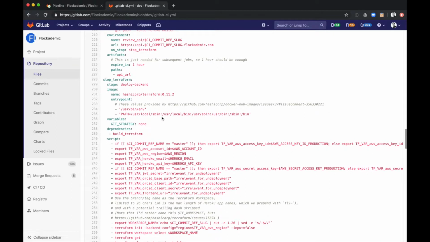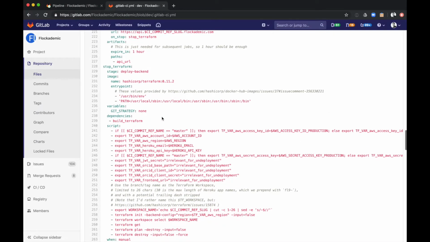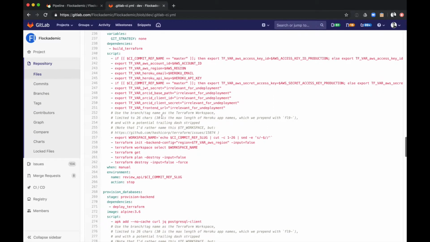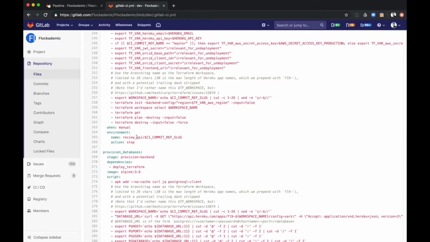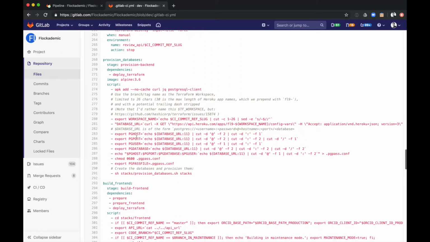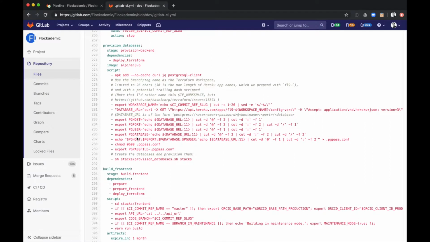They have a stop Terraform option that can be taken manually. And this is what would execute if that was done. So here's the definition of why it was that makes it manual. And this is to the review environments. Then they provision the database once the Terraform work is done there. Dependency is deploying Terraform, so you can define dependencies, do some Postgres work,